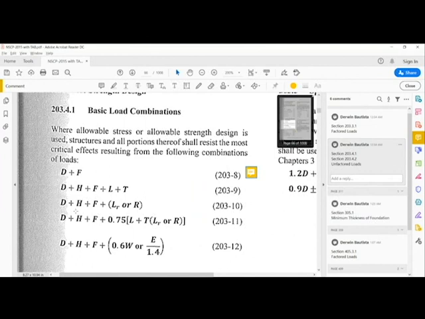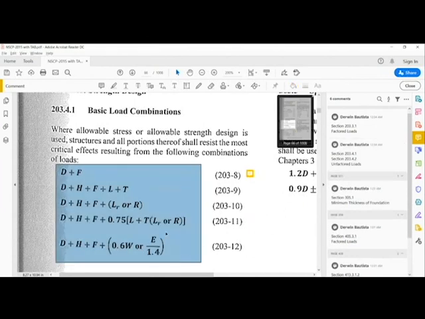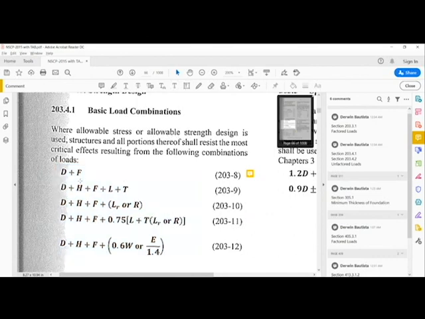So we have a set of formulas here, pero meron tayong given na dead load only tsaka live load only. So ang gagawin natin dito, we are to eliminate everything except for dead load and live load. So we eliminate this one, eliminate this one, eliminate, eliminate, and eliminate. So ang matitira na lang dead load at live load. So pag tinanggal natin yung other loads dito, matitira is only the dead load, D.